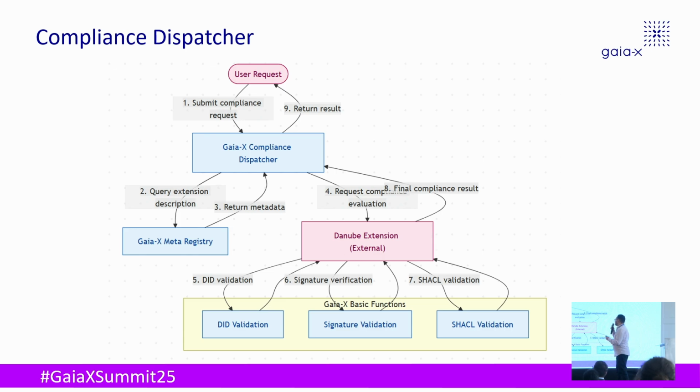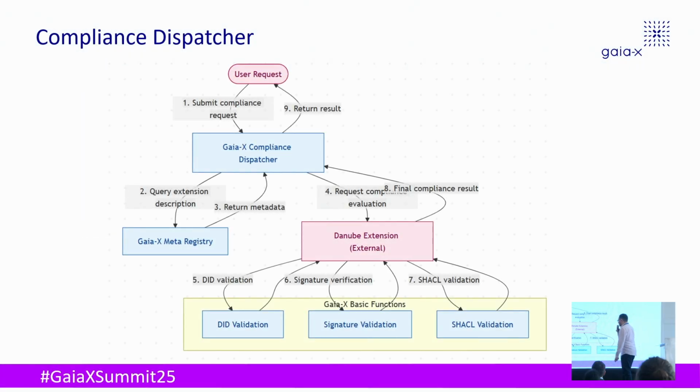And then afterwards, it can just dispatch or route to the right kind of extension. It's external because, of course, it's optional, but to go back to the concepts of earlier, it can be a local or a remote extension. And any extension is free to use. Of course, it's not mandatory. It's free to use the basic functions, so really the function that we just saw before.